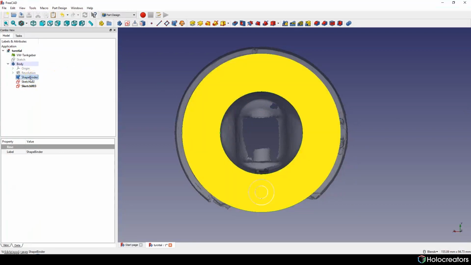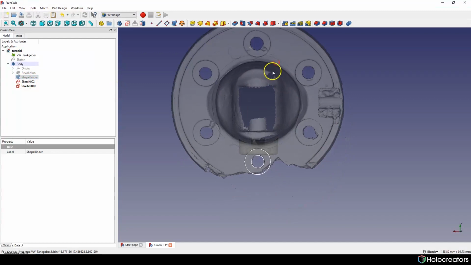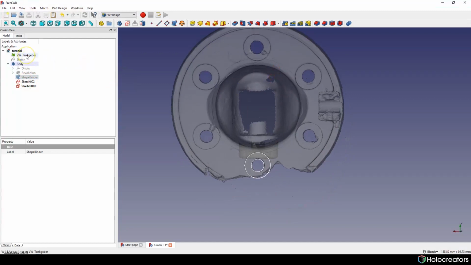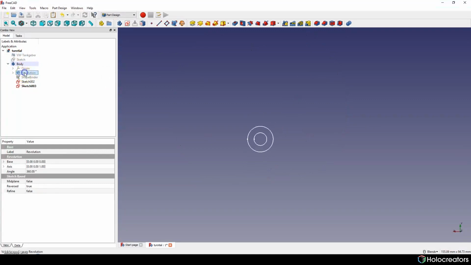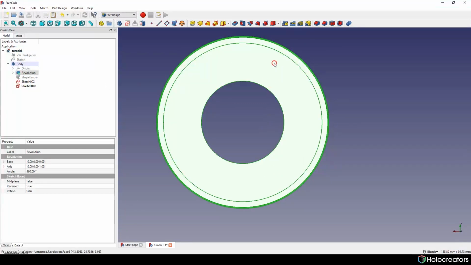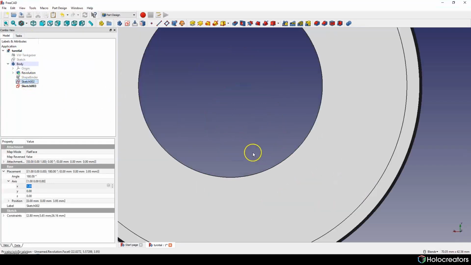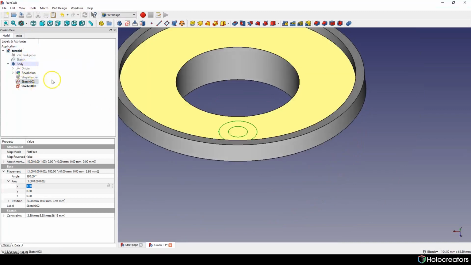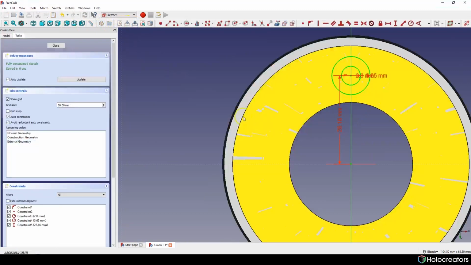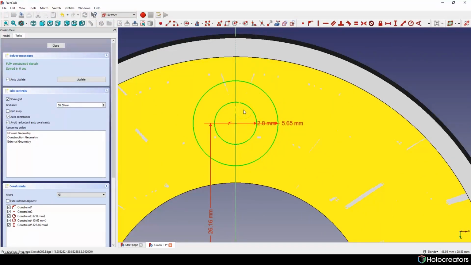For now we don't need our shape builder, so we can hide it. Also, we don't need our base model. We need our flange, and we need to do small changes to our 2 sketches. For the first one, we need to hide one of the circles.